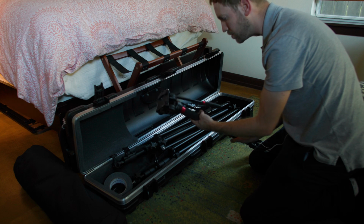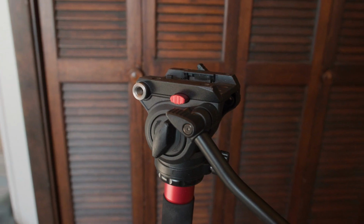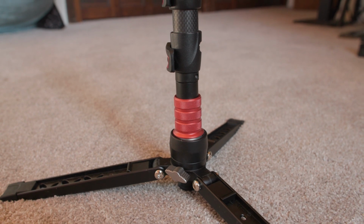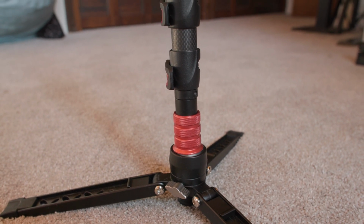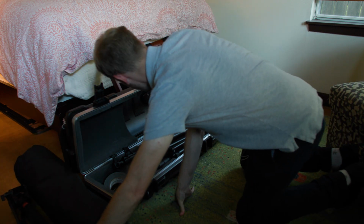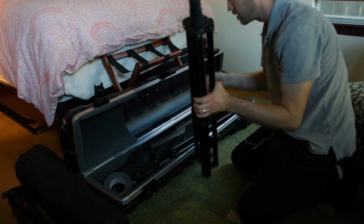We brought a monopod. It's kind of been like my B-roll choice here. It's just super mobile, it's lightweight, it's versatile. Yeah, I'm really loving the monopod recently. It's been great. I also have